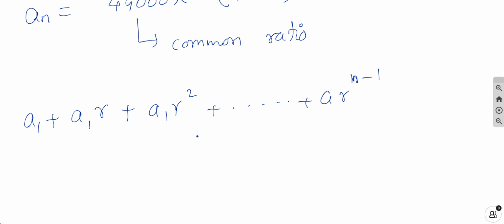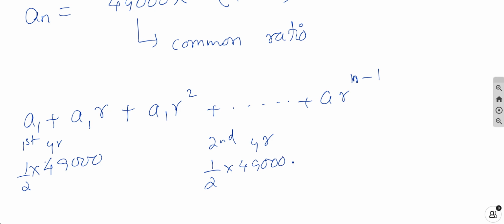So this is not just finding the nth term, but this is finding the sum of all the savings that I have. Because I'm saving half money every year, plus I'm getting interest for the previous half money that I'm getting. So at the end of first year, I will only have half of 49,000. At the end of second year, I will save half of 49,000 in the second year, plus I would have earned interest of